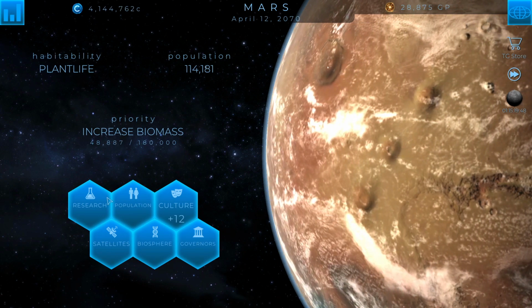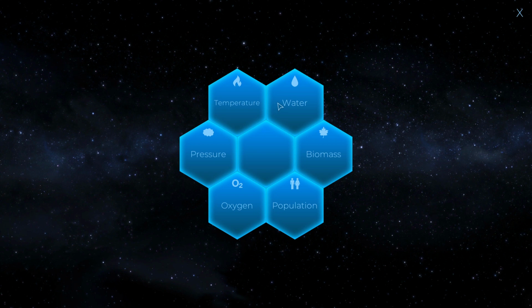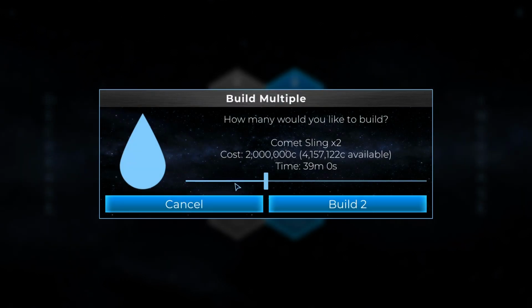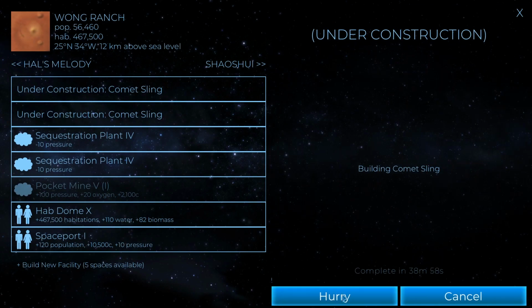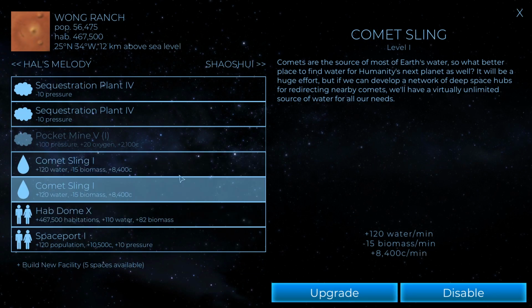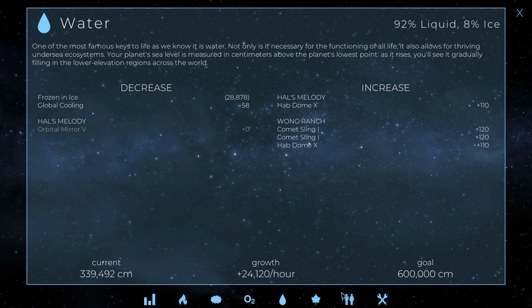So let's build our water production facilities. We're going to build 2. Okay. Cool, we got some water going. Let's see how long it'll take. Okay, so it's at 400 per minute, which means, okay, so if we left it alone for an entire day, that would have been awesome if we left it alone for the entire day at the beginning, right? Because we would be done. So what we'll do instead